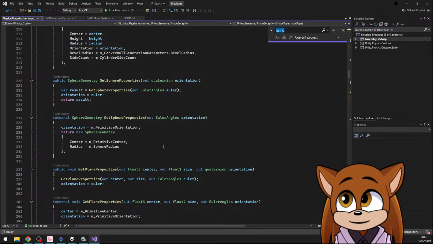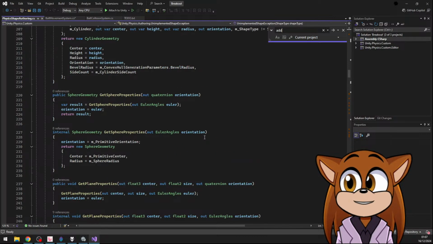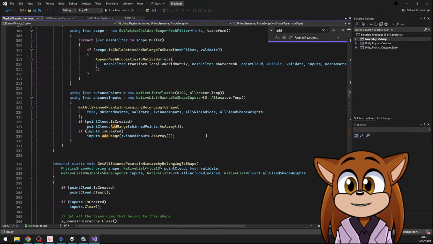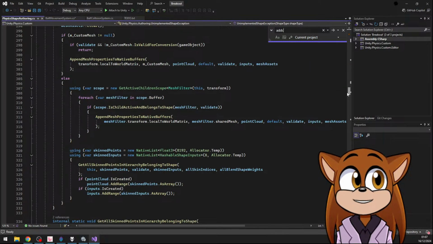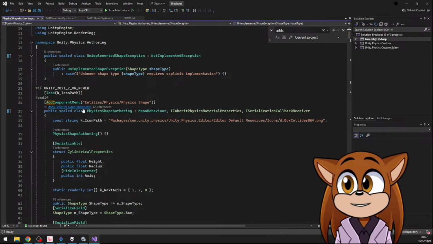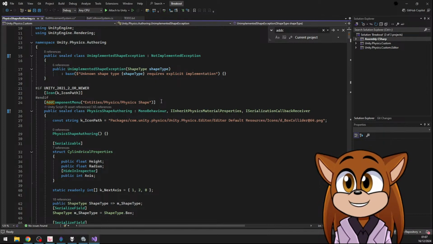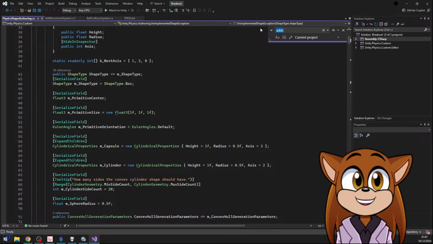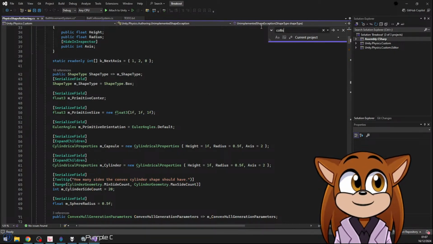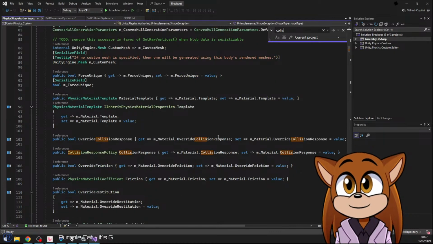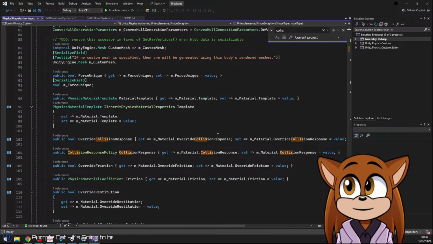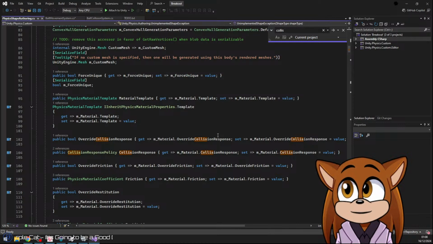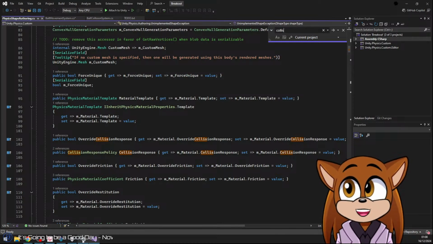Where do you add a component? Add component menu. Entity physics shape. Yeah. Okay, so maybe we do want to look for the collision thing. Override collision response. So